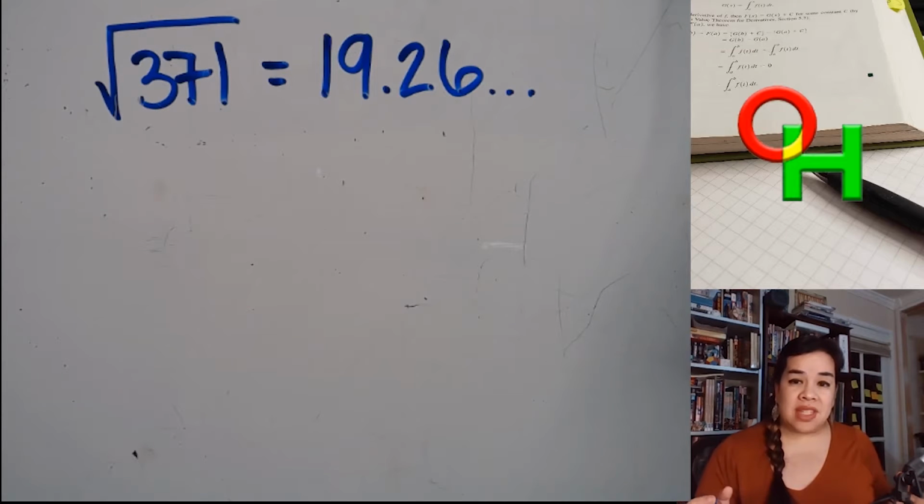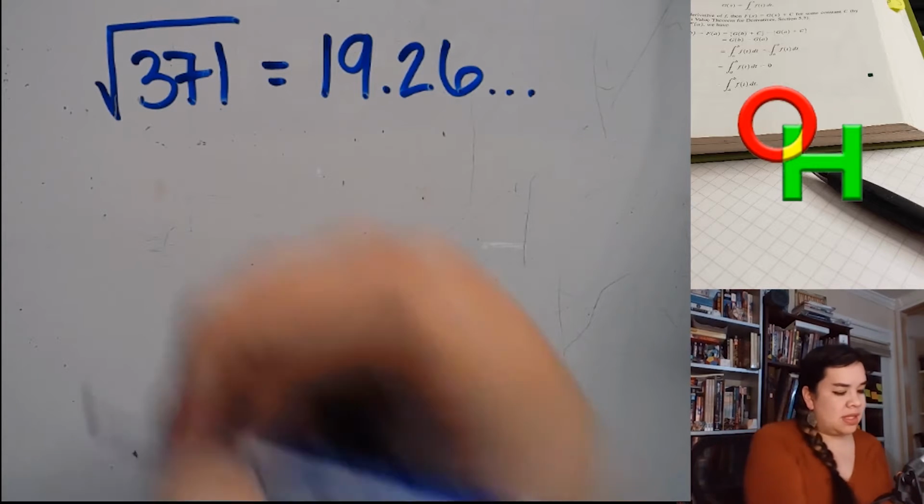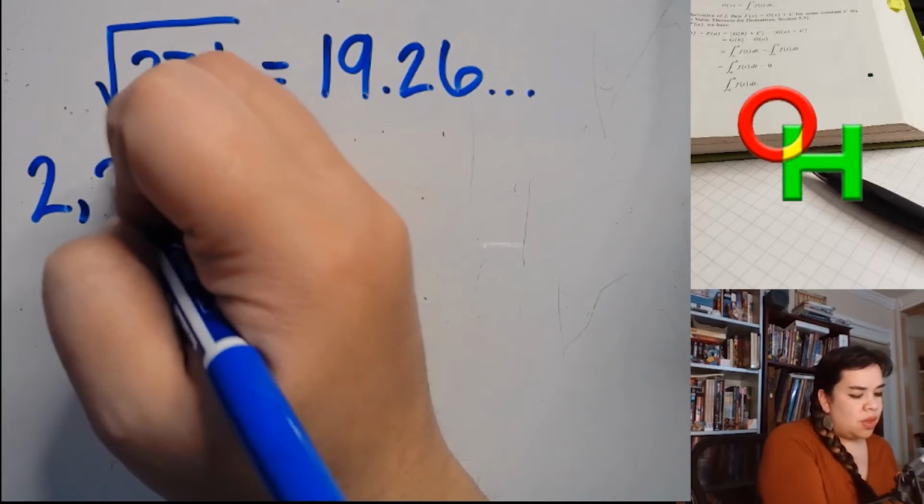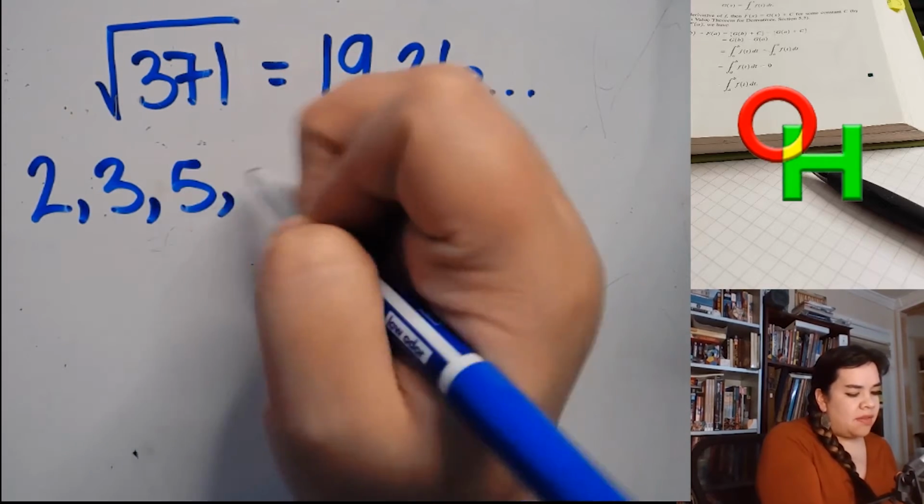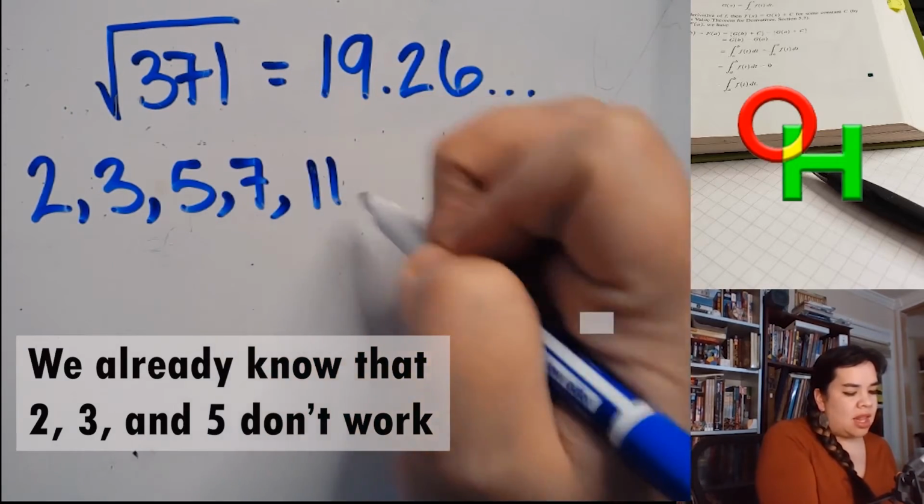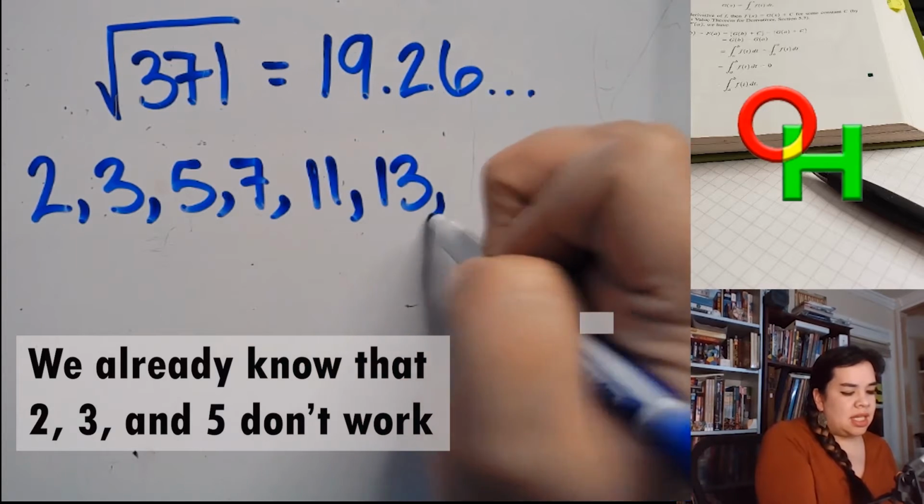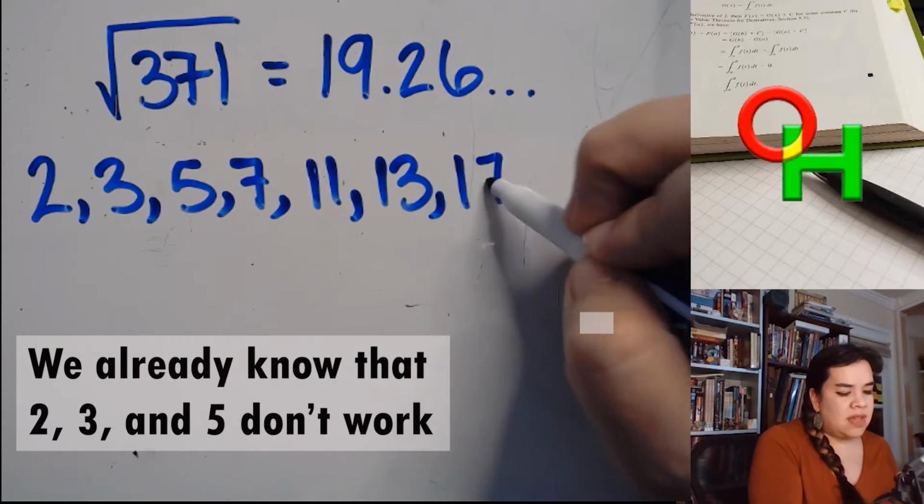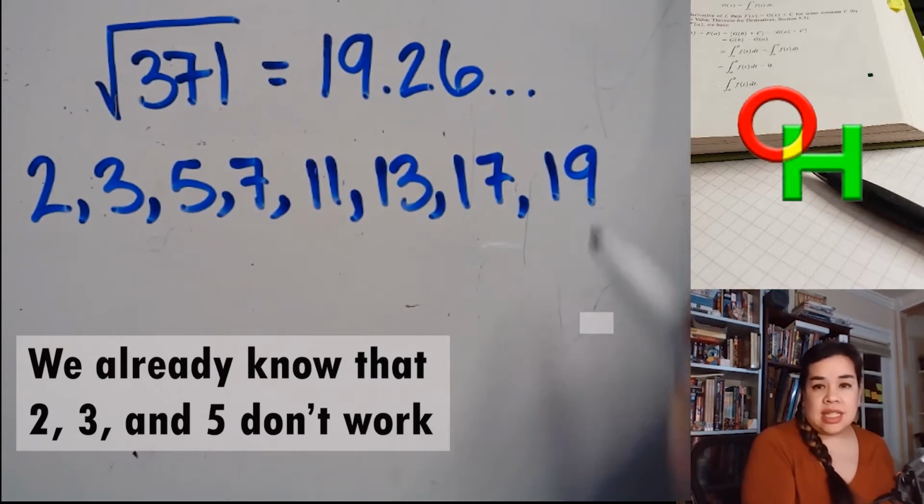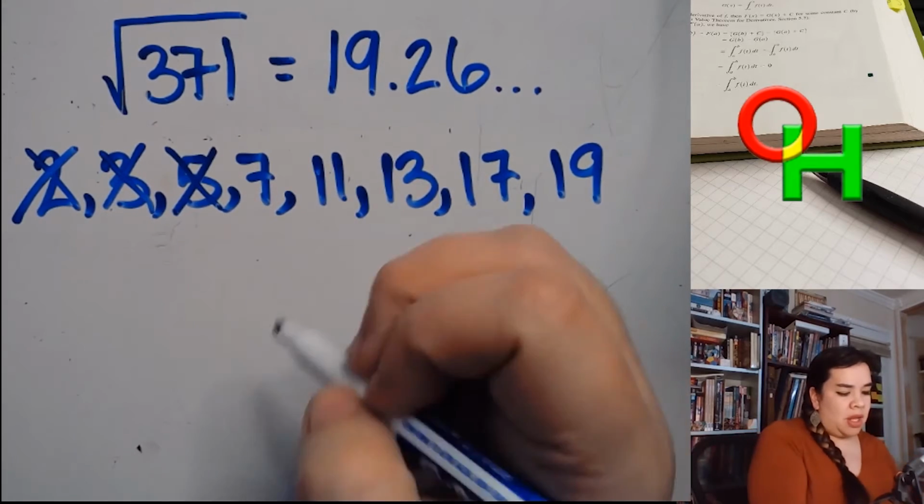So that means we have to test the following prime numbers: 2, 3, 5, 7, 11, 13, 17, and 19. So let's set up our long division problem